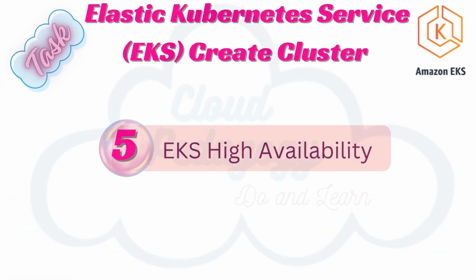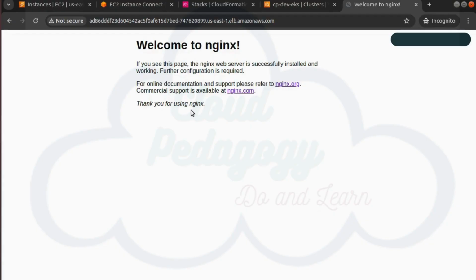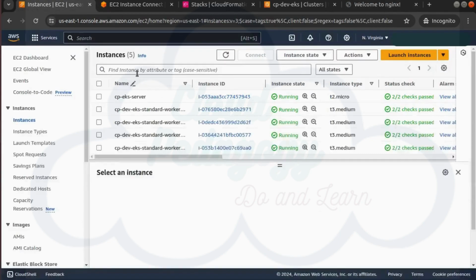In the next task, we are going to check the EKS high availability feature. So in this task, I want to check if our cluster is really working properly and that our high availability features are really working as expected. So I'm going to head to the console and start shutting down some of my worker nodes. So here I'm in the console and I'm going to head to EC2, go to running instances,